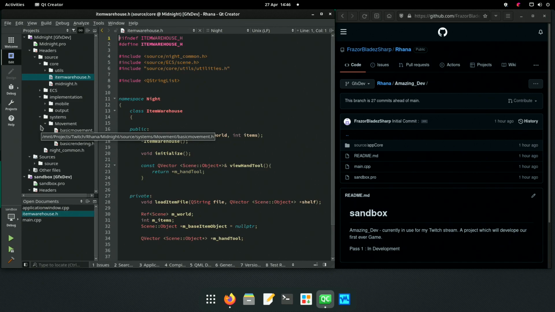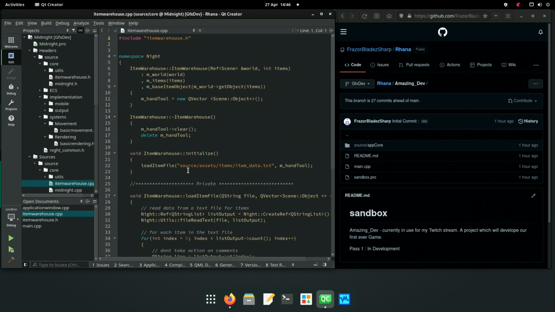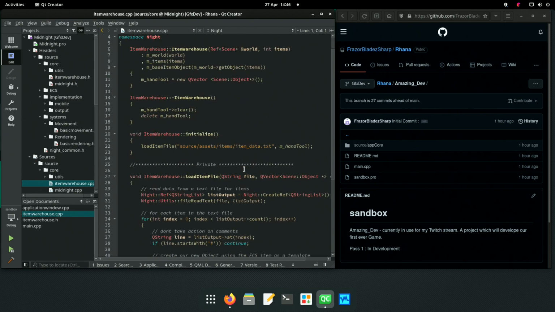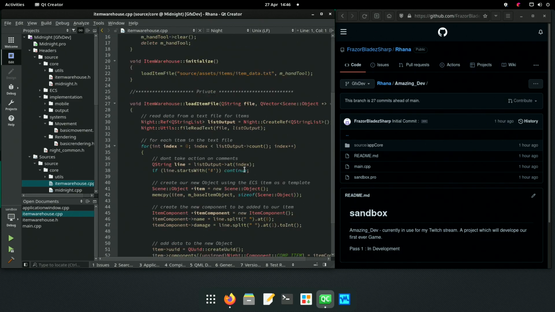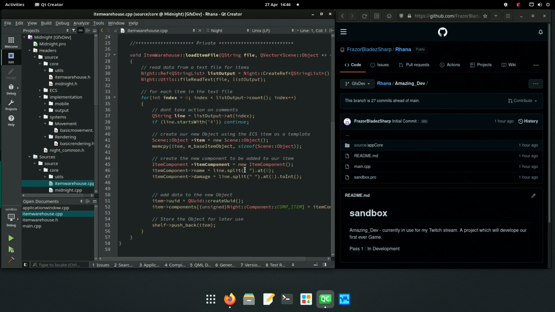So that's the headers, sources, source, item warehouse. How did it get around this? My God, this is good code. Okay, so our file is coming in as a Q string.